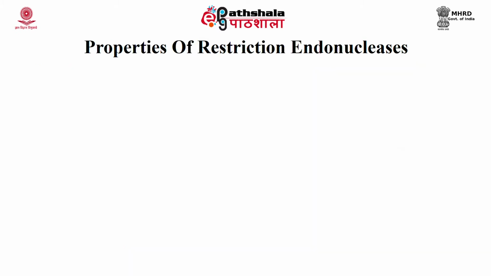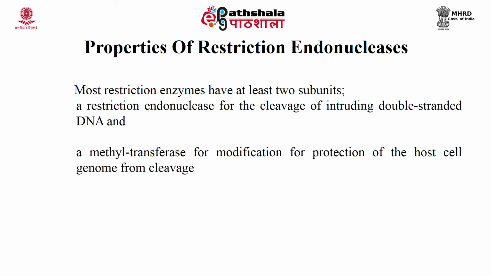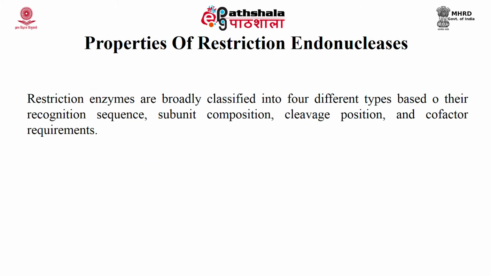Properties of restriction endonucleases. Most restriction enzymes have at least 2 subunits. First, a restriction endonuclease for the cleavage of intruding double-stranded DNA, and second, a methyltransferase for modification, for protection of the host cell genome from cleavage. Restriction enzymes are broadly classified into 4 different types based on their recognition sequence, subunit composition, cleavage position, and cofactor